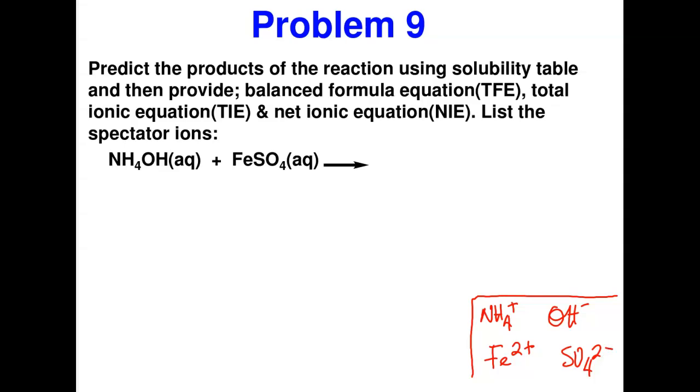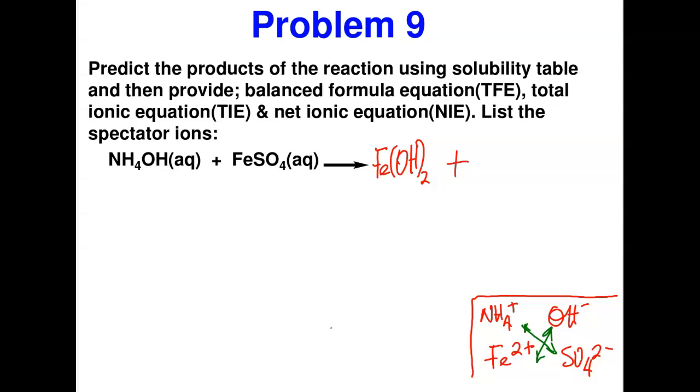Now we're going to use my green to swap. If these guys swap, exchange their partners and then swap their charges, what is it going to be? First of all, you see iron is going to this, so this to this. Now this is -1, this is +1. So what that means is that if they swap it, iron is going to take the 1. We don't have to write it. And then OH is going to take the 2 of iron. And then, oh, we don't write the state yet. Plus,